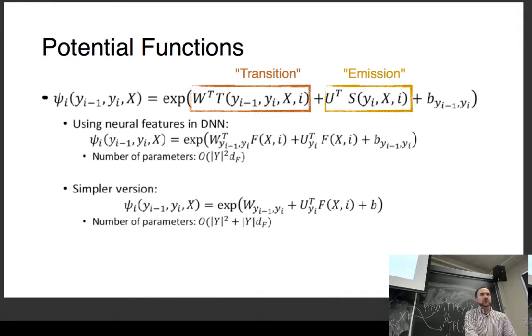Are there any questions about this? Yeah. In the first one, why don't we use the features of y i minus 1 also? Like in the first equation, it has a function of y minus 1, and in the second, it doesn't. So why don't we use the features of y i minus 1? That's a good question. And the answer is normally,